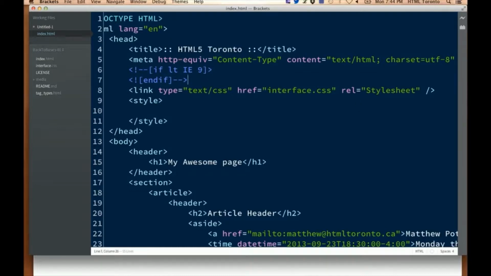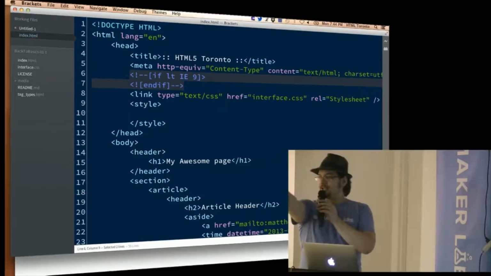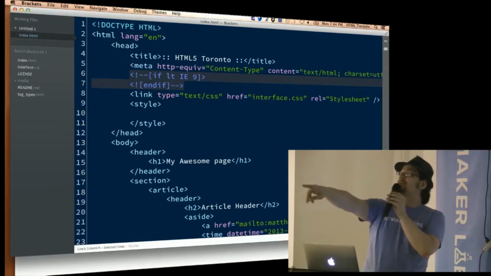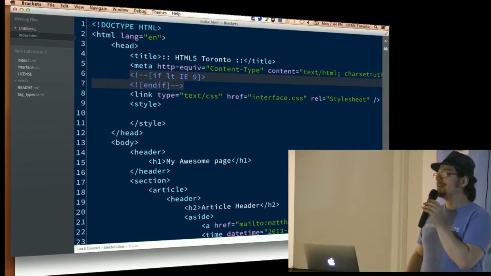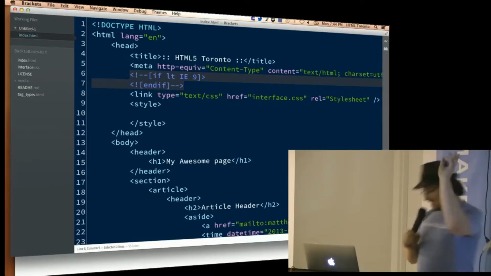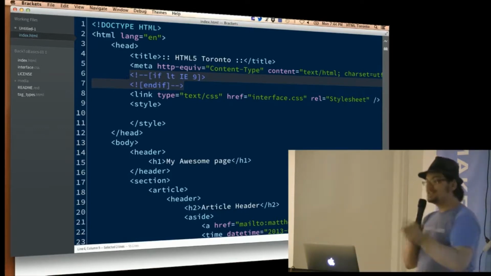Next thing, comments. Remember how we said at the very top here we had this doctype HTML and it had that exclamation mark in it? Because it acts similar to a comment. We have this down here with this if lt IE9. Does anybody know what that would mean? Raise your hand if you know what it means. Greg, you're cheating. No cheating. Yes, in the middle, right in the back. Yep, you. Exactly. If the browser is less than IE 9, which means that if it's IE 8, 7, 6,